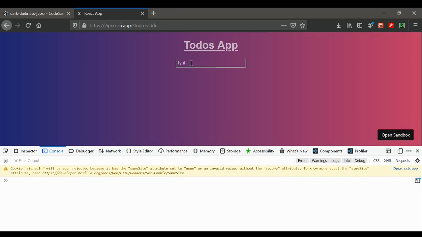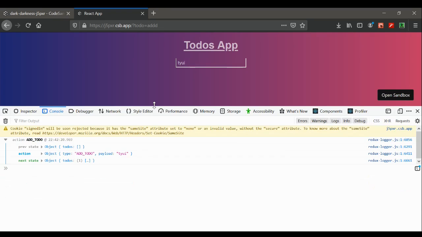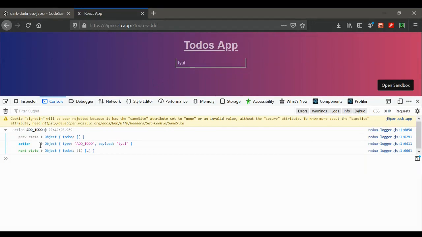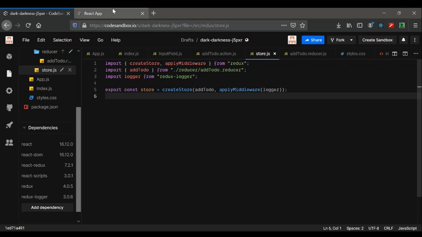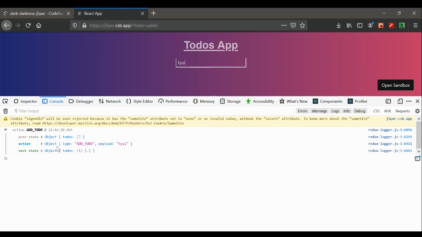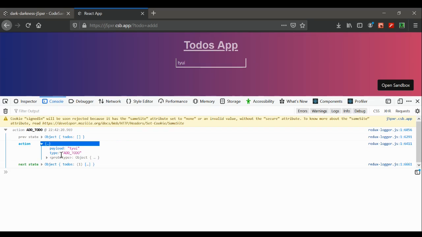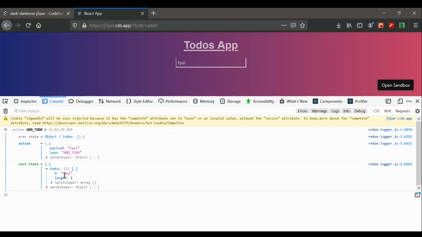Okay, just type in here. As you can see in here, we got an action. So what we are seeing is not because of React Redux. This is because we have used the middleware called logger. So it's logging out all the actions, all the payload that we have given. So in here you can see the payload that we have given, and the type add to do. So this is basically showing which action you have called, and in here you can see that we have added one